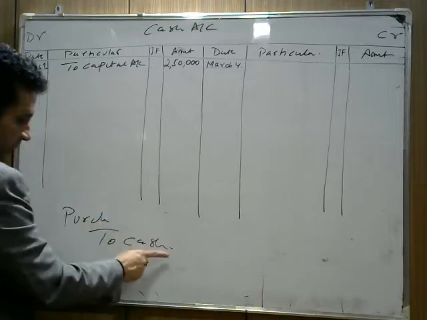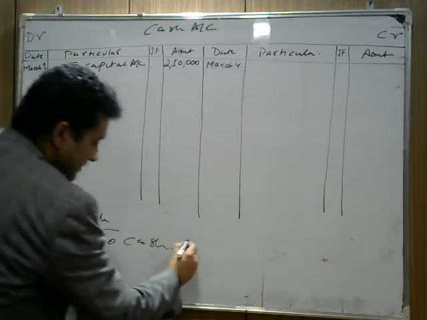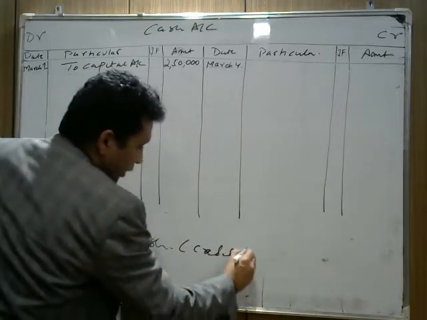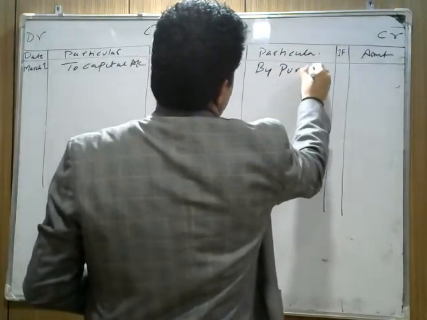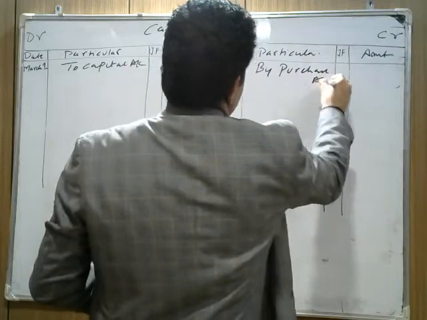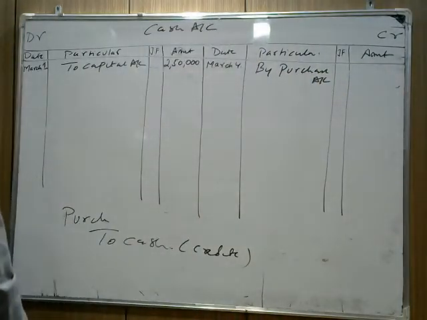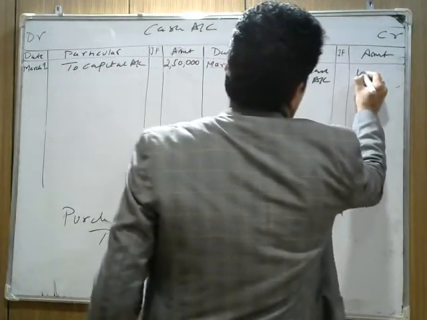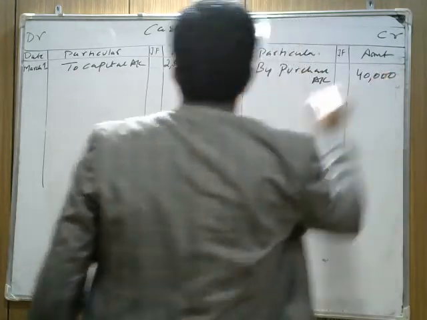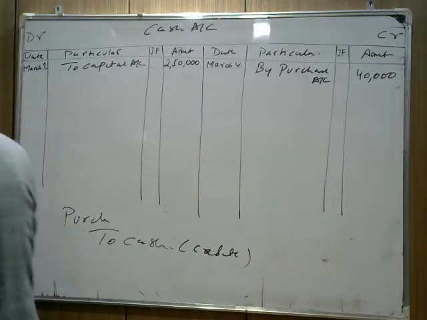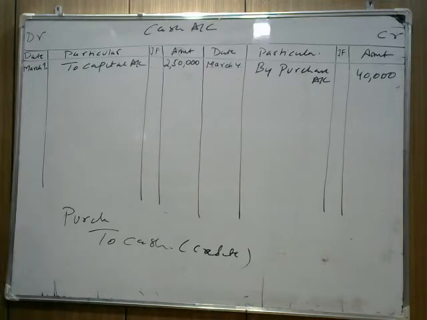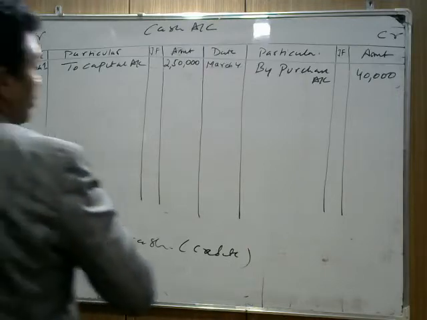तो purchase account debit to cash account, it's "to cash" means it is credited, ये credit होगा. So that's why you write "by purchase account" because your cash is decreasing. Why is your cash decreasing? You purchase goods worth rupees 40,000. Transaction number 2, March 4th. Next, you purchase machinery on cash.